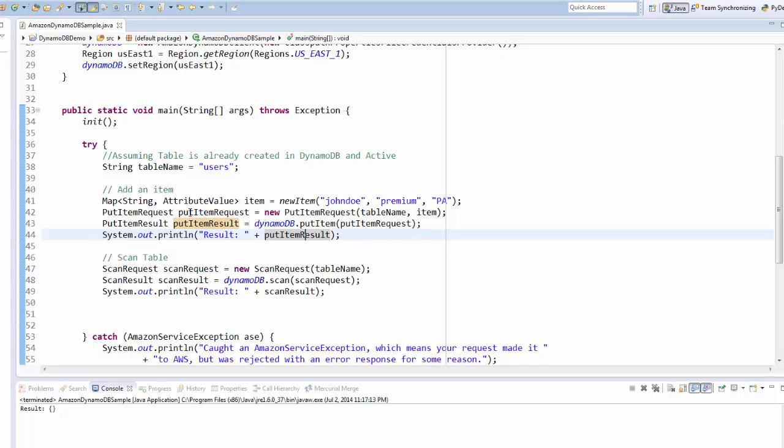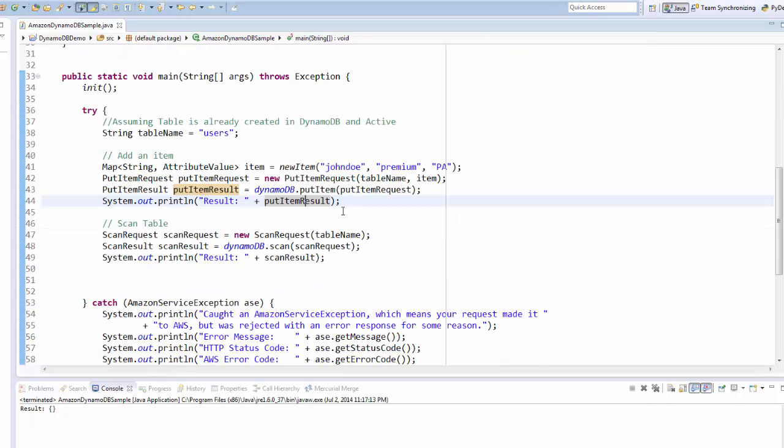Once we finish putting the item, we perform a scan operation on DynamoDB. Now, scan allows you to go through the entire table, or check for some specific attribute condition, and then return the results. So scans are not efficient since they don't deal with indexed values, and we don't necessarily have a rigidly defined schema in DynamoDB. So when you typically use DynamoDB for an application, do not rely on scans as a method to retrieve data. You should engineer your data such that you will be able to directly retrieve an item